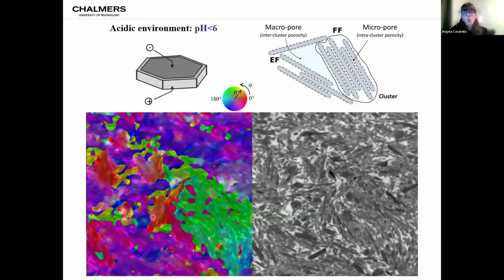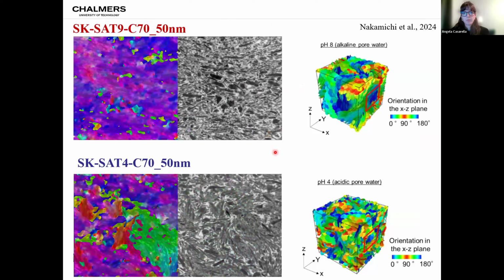Therefore, if we try to use the same tool that we used before in order to analyze the orientation of particles in acidic environments, so with a pH lower than 6, what we can see clearly is that some blobs in the orientation map arise, and they show the presence of some areas in which particles align subparallel to each other, and then those clusters formed by aligned particles arrange in an edge-to-face manner, creating some macroporosity. If we look at the comparison between the two, then we can see that in